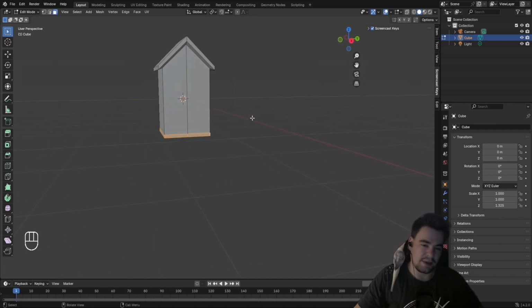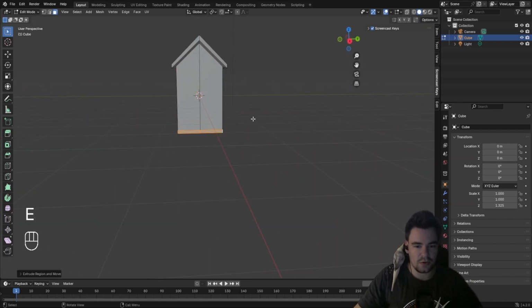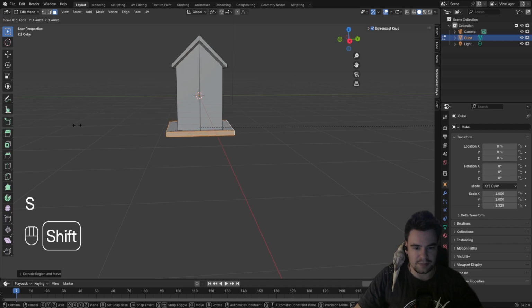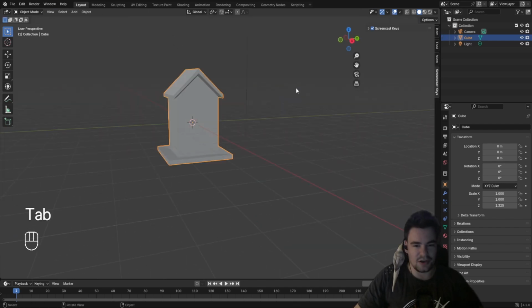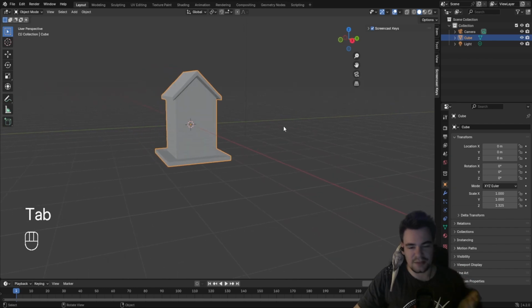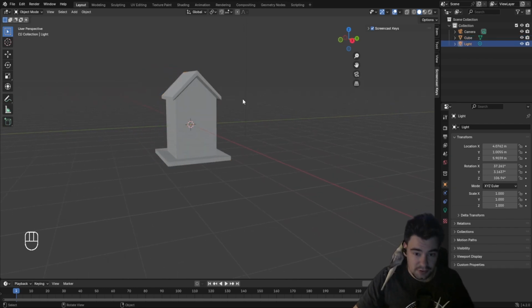I'm just doing the same again. Just press E, let it go and scale it upwards. This is the place where the birds will later on sit or something, but there we go. So our little house is nearly completed. The only thing that's really missing is, well, the texture and of course a big hole, because, well, birds have